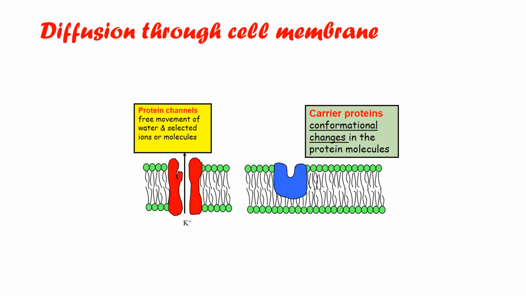But when a substance is large in size, it cannot fit into this pore. So what do we require then? We require a carrier protein which will bind to the substance. It will undergo a conformational change and it will allow a free passage for the substance so that it can be transported. So these two structures are very important when we talk about diffusion. So simple diffusion will be carried out by the protein channels, and the facilitated diffusion, which involves the transport of substances with large molecular weight, will involve the carrier protein.